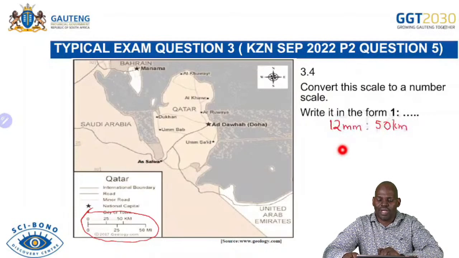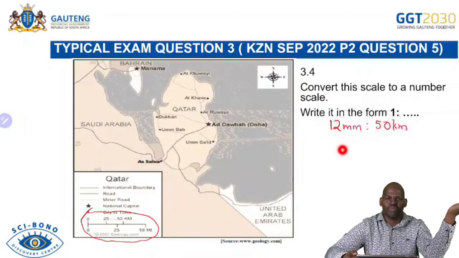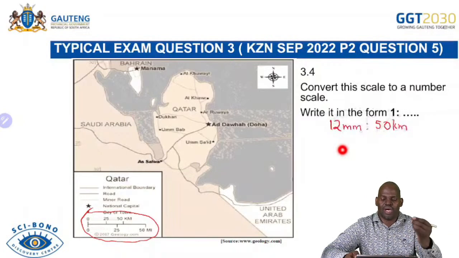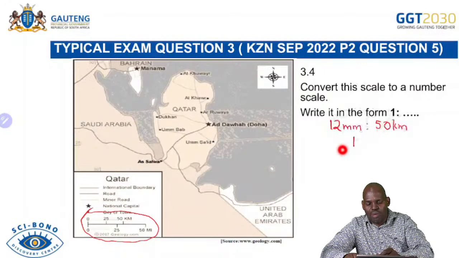Now, after we have indicated that 12 millimeters is equal to 50 kilometers, we need to simplify this. But we know that in order to simplify a ratio, the units must be the same. So for the units to be the same, we need to convert. Preferably, we convert the big unit to a small unit. So we can say 12 millimeters